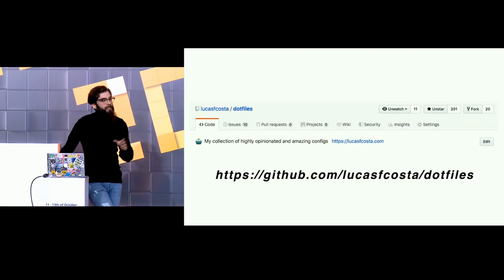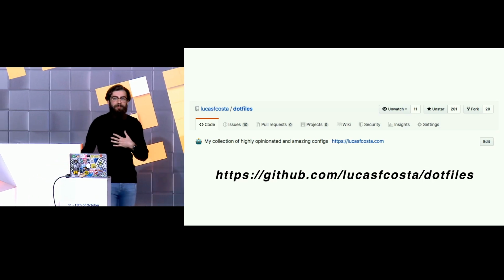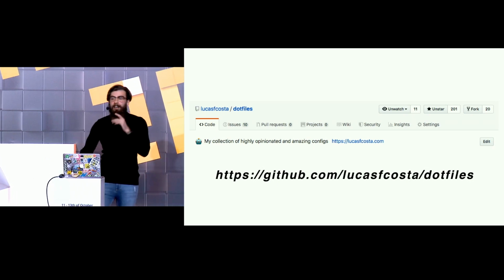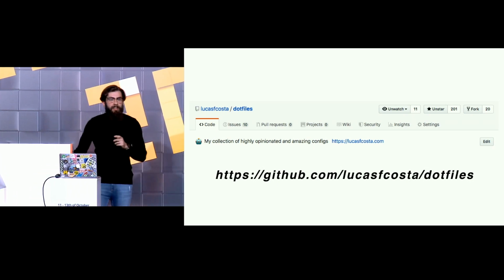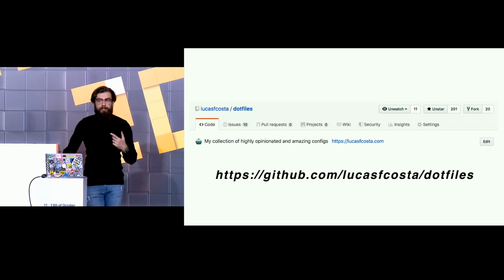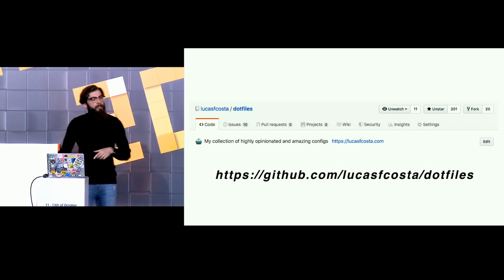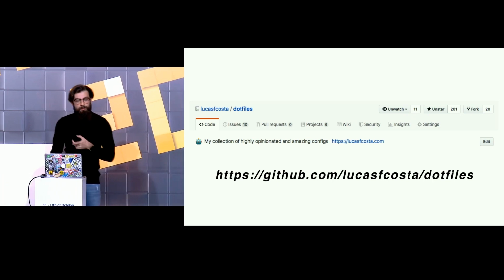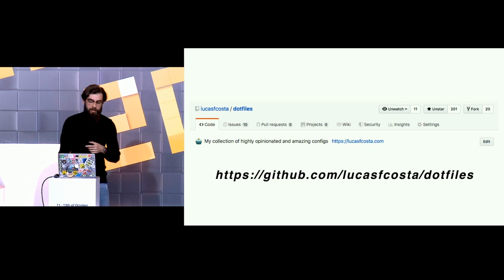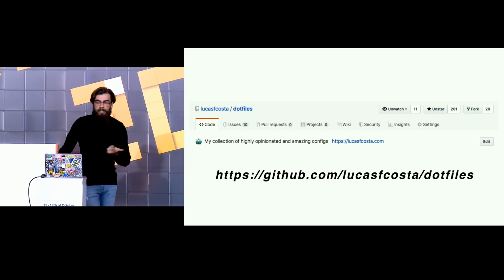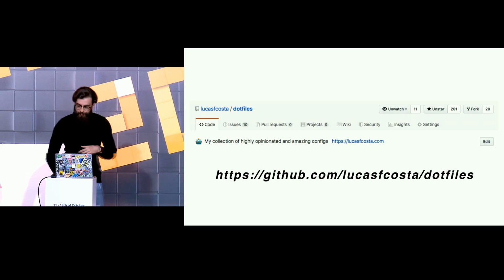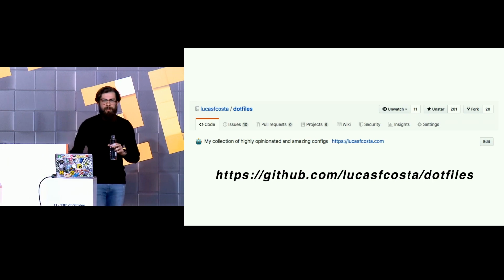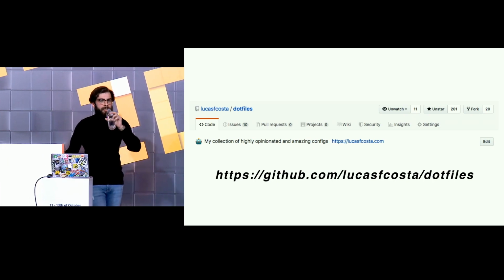If you need some dot files, I highly recommend mine. This is not a biased opinion. If you go there, you find many nice things. One of the things I've done is, because macOS allows you to have files which configure your Mac, you can do a bunch of native Mac configuration using dot files. That's very nice if you're on a Mac. There are configurations for Vim, for Tmux, for a whole bunch of stuff. Highly recommend. There are so many dot files around GitHub. If you just go into the search, type dot files and go to the most starred ones, you can get some pretty nice ideas.